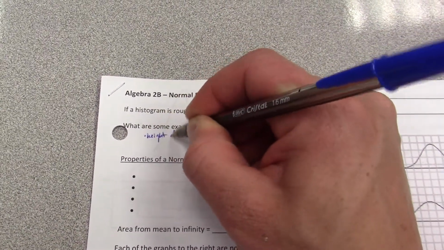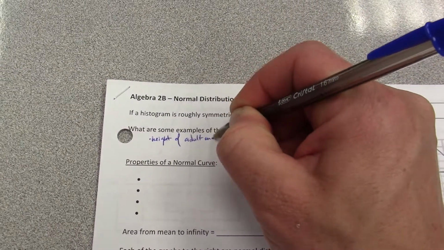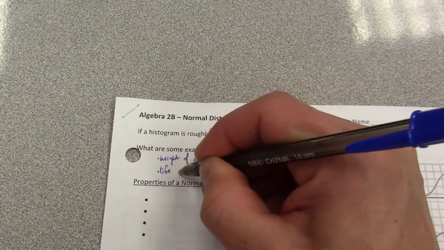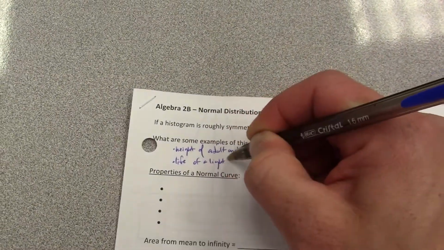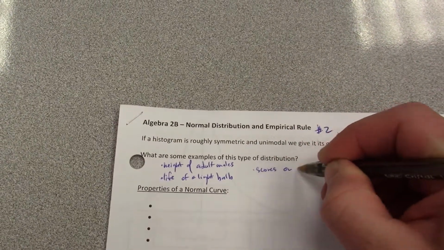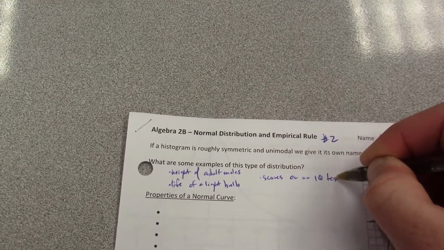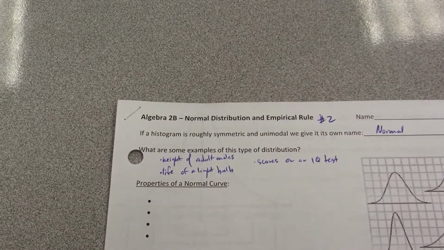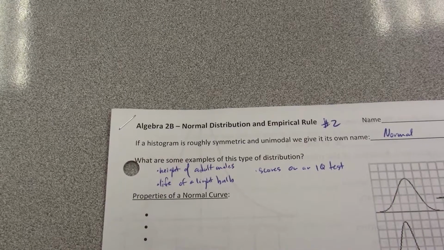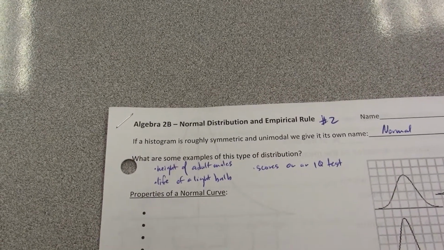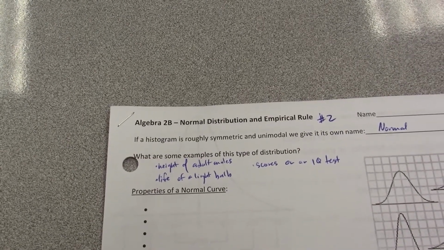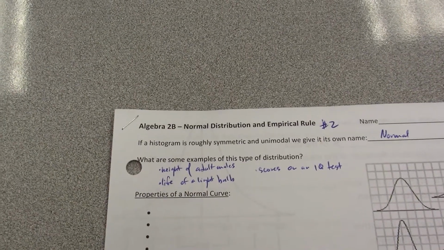Heights of adult males. If you sampled heights of adult males, it would be normal. The life of a light bulb is normally distributed. Scores on an IQ test. Now, this doesn't happen naturally. What happens is the test scorers actually normalize the test scores, and so they take the results and they force a normal fit into the answers or into the scores that they report out, and then